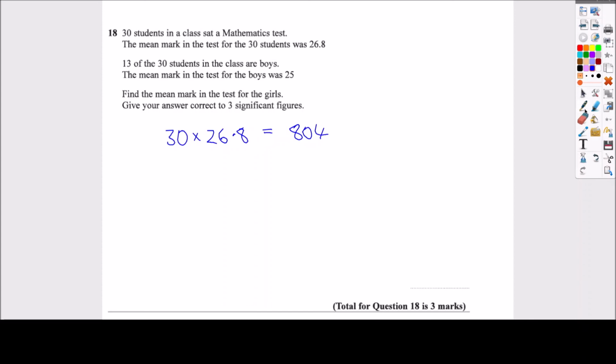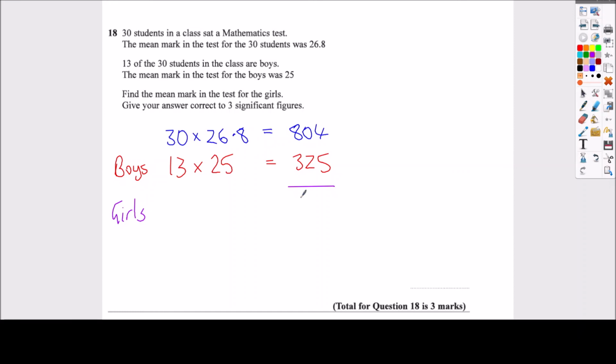Now, we're told that 13 of the students were boys. So looking at the boys only, how many marks did they get in total? Well, those 13 boys had an average mean mark of 25. So 13 times 25 is 325. So the boys scored 325 marks in total. So in total, boys and girls 804, boys alone 325. So girls is going to be the difference. So the total marks obtained by the girls is going to be 804 take away 325,